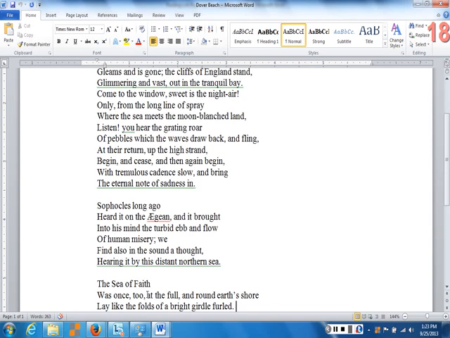Girdle in this case simply means something like a belt or a sash, anything that goes around something the way a belt goes around your body, right? Okay, that's all girdle means here. Girdle means to surround. And so what are we saying? The sea of faith went all the way around the earth, and it was bright, and it was folded around the earth. So at one time, faith